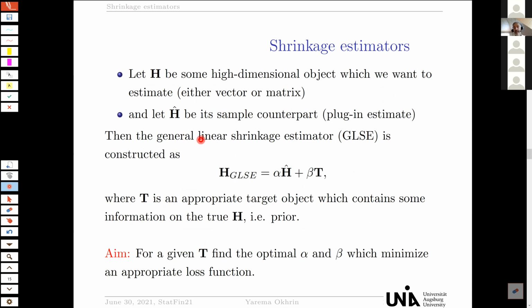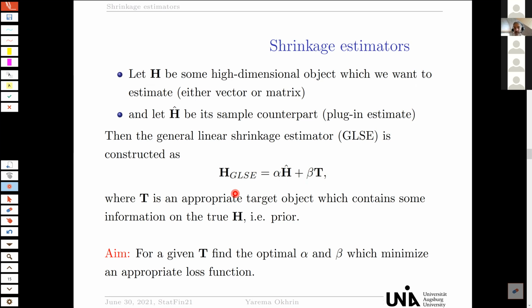And our generalized linear shrinkage estimator is simply a linear combination of this estimator H hat and some target object T. So a, b are the weights. They can sum up to 1, but not necessarily. For example, in the paper of Ledoit and Wolf, they do not sum up to 1. So we sum up the sample estimator and the target quantity to get what is called a generalized linear